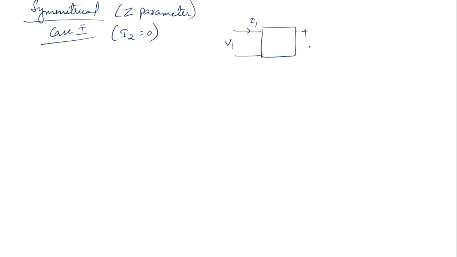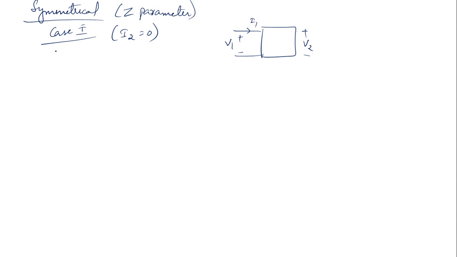Similarly, you can find out the case for the two-port network to be symmetrical. So we can just do the derivation for the symmetrical network also of the Z parameter. Now, for the system to be symmetrical, we are going to open circuit the terminals. So for case 1, we can open circuit the terminal of I2. That means if you are having your network over here, you have the current I1 and V1, and here the terminals are open circuited. You are having only V2. You don't have I2. So first we are going to take I2 equal to 0.